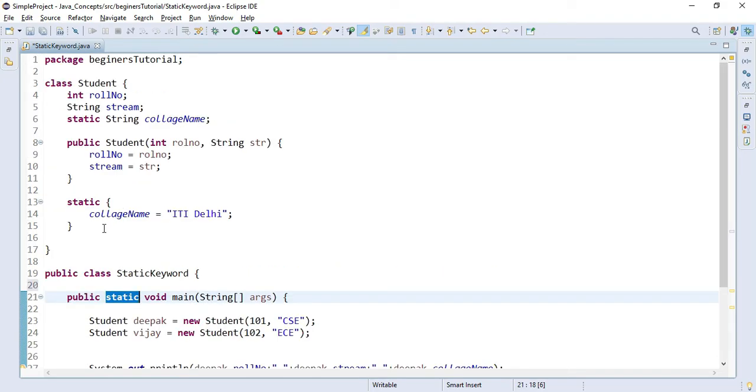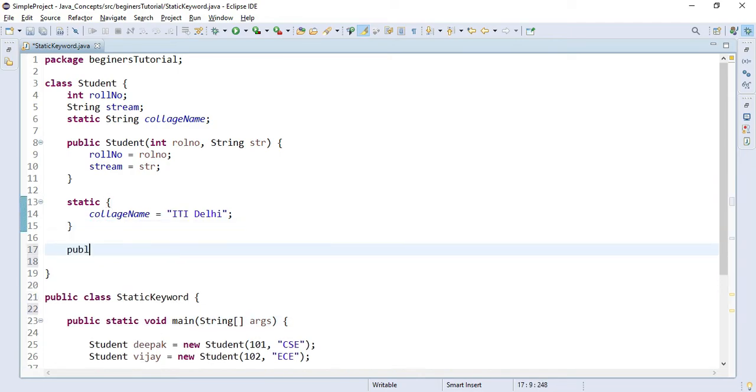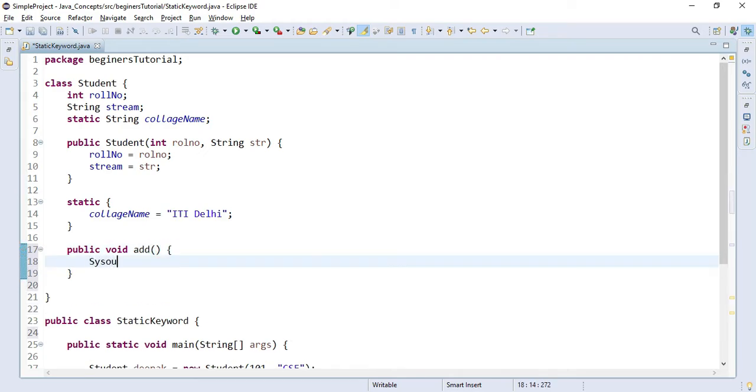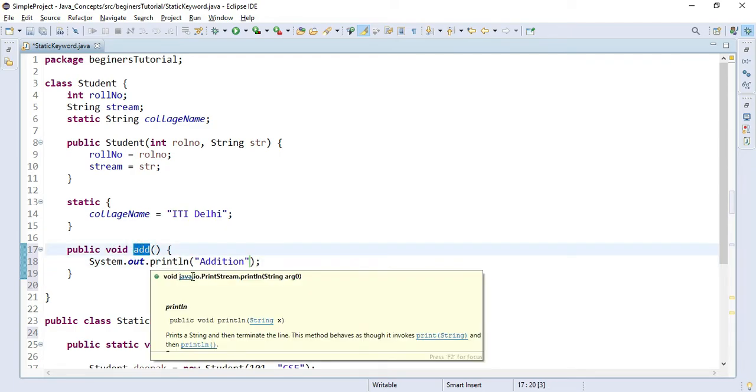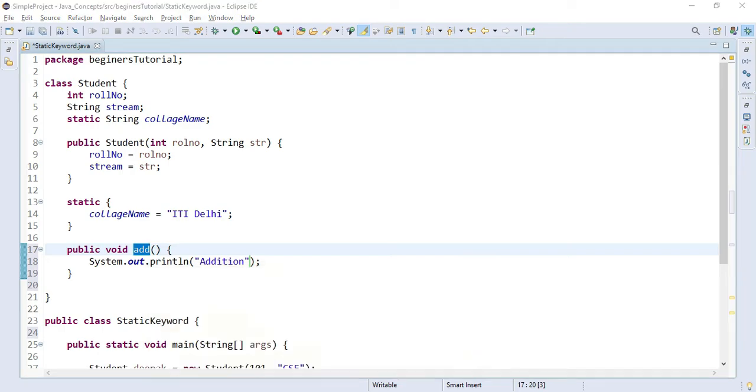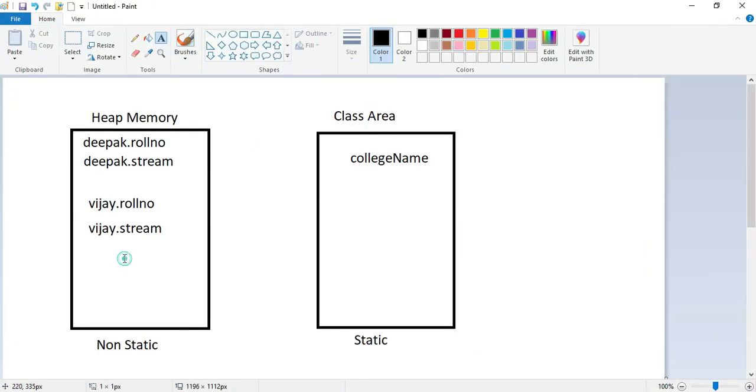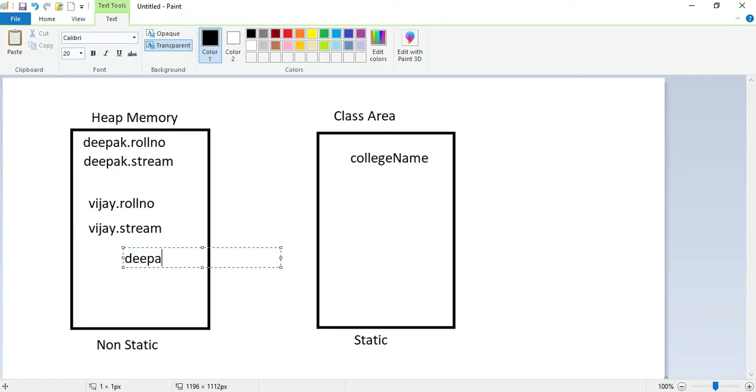But if you create a method over here like public void add, and in this you do something like addition, then the object will be allocated memory for this add method in the heap memory, like deepak.add.